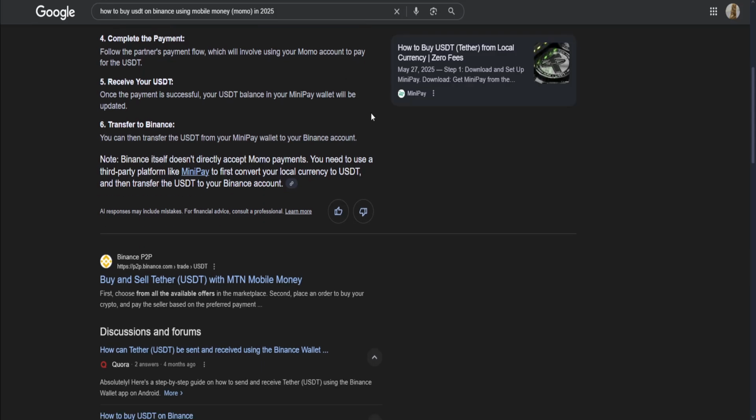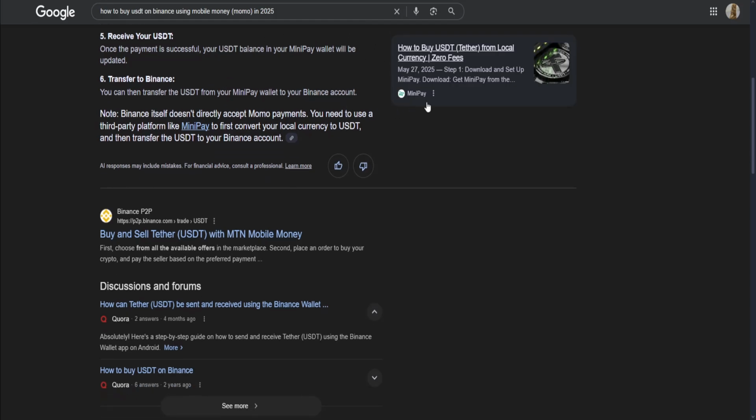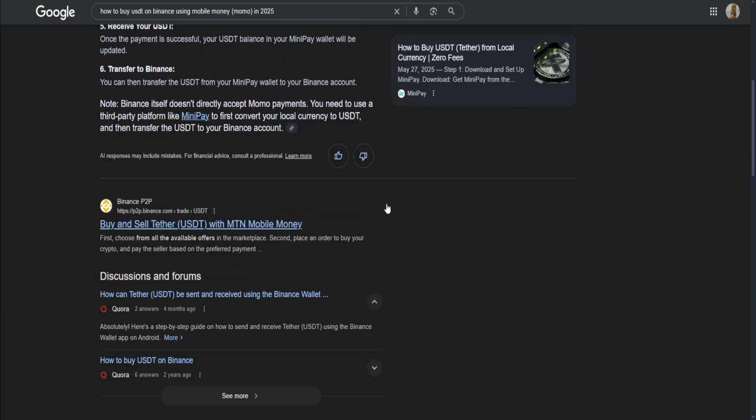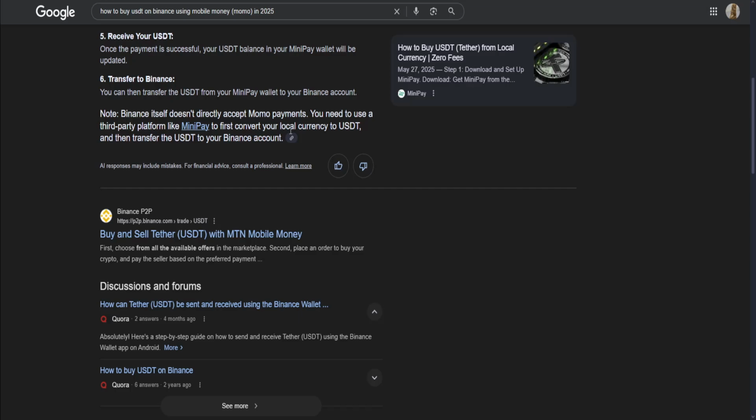Then you want to complete the purchase. And by doing that, you can just follow the partner's payment flow, which will involve using your Momo account to pay for the USDT. And then lastly, you can now receive your USDT. So once the payment is successful, your USDT balance is in your MiniPay wallet and will be updated on your Binance account. So you can transfer it on the Binance by doing the transfer of the USDT from your MiniPay wallet